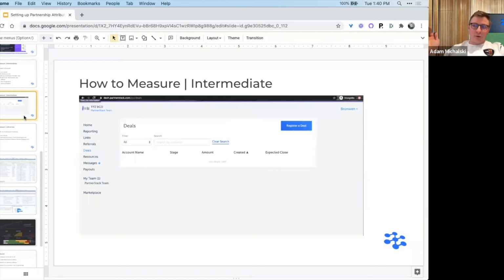And by the way, I'm totally underselling a lot of the value, as everyone is illustrating here. PRMs are valuable in a myriad of ways. For purposes of this presentation I'm keeping it high level, but there are a variety of other benefits. Whether you're using PartnerStack, Allbound, Kiflo, or Impartner, there are many solutions out there, and their benefits range beyond the transactional component to partner portals, LMS and training programs, and all of that. So I'm not intentionally downplaying PRMs, because they're extremely important in the entire ecosystem.